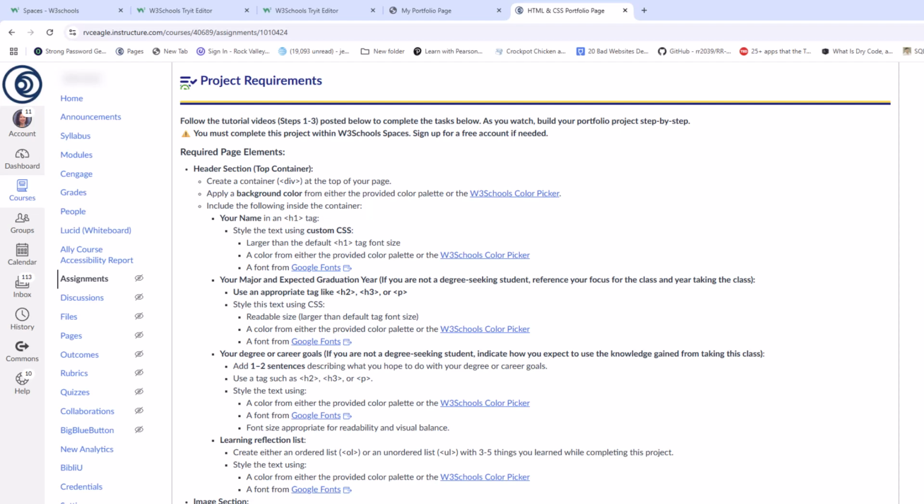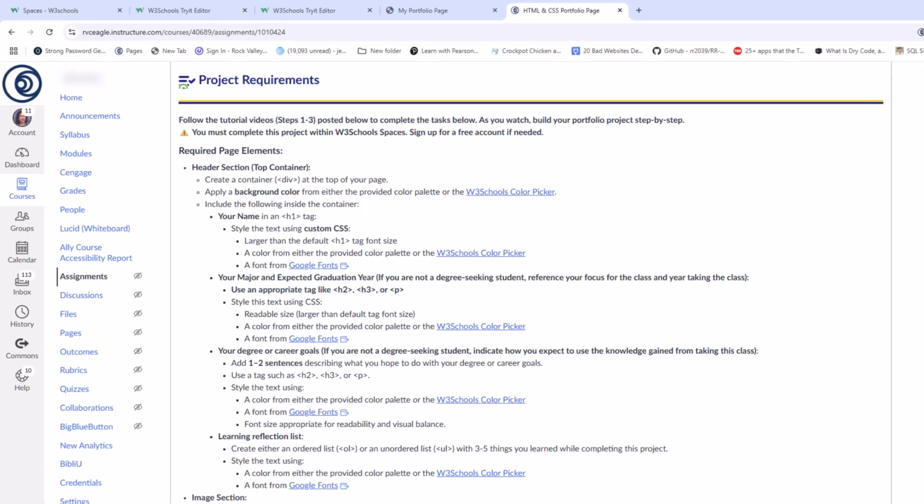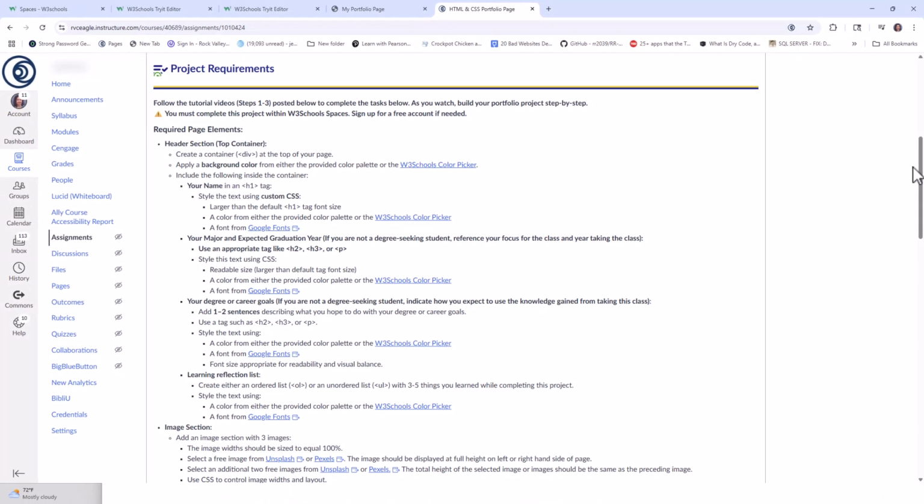And then we also want to include an ordered list or an unordered list, and we kind of talked about that just a little bit in going through the tutorial stuff. And this is going to have 3 to 5 list items that essentially cover what you learned in this exercise. So those are the things that we're going to be including from an HTML perspective in our content. And then you can go ahead and continue on in subsequent videos where we're going to continue to style them out and then also put in our pictures.